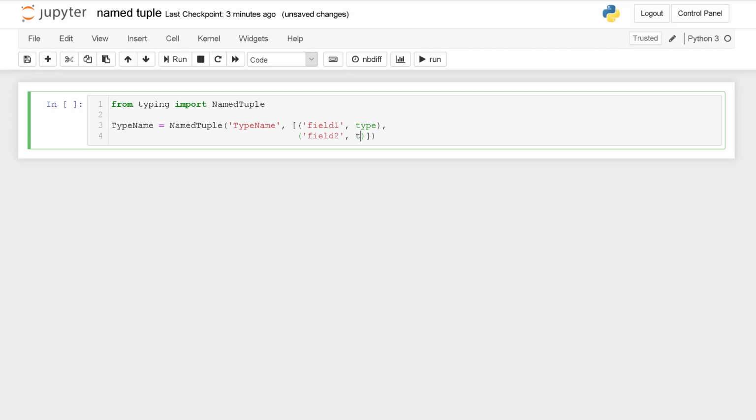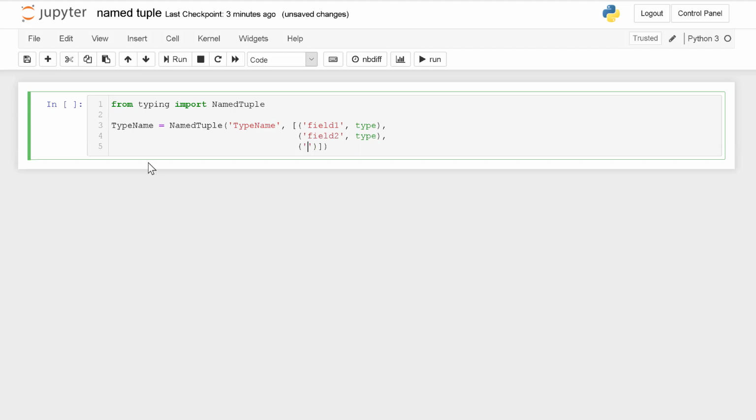I just find it looks a little bit neater. So here we've created a new type, named type name, that is a named tuple and has 3 fields.